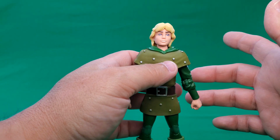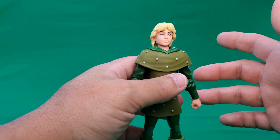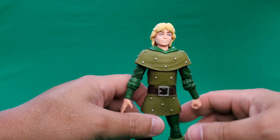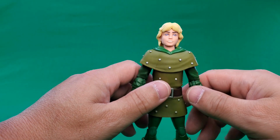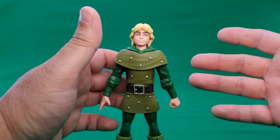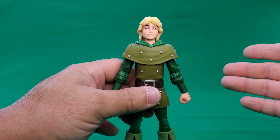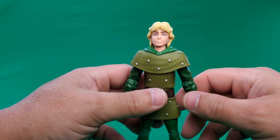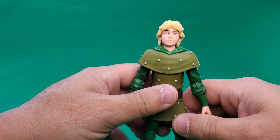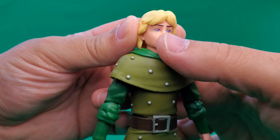Kind of like the old Kenner Star Wars figures, you know, Luke, Han. You knew who they were, not because they looked like the characters, but mostly because of what they were wearing. You could tell that's who it was. Now, Luke had the blonde hair, Han had the brown hair, and anyway, that's the best comparison I can come up with, I guess, to how this relates visually to the 2D animation. And I'm probably just talking out of my head right now, because I don't know. And so anyway, the face, you know, his teeth are showing a little bit,